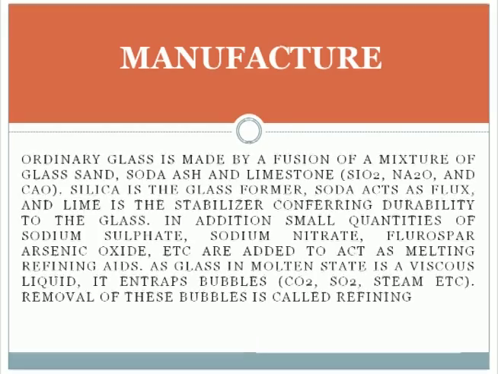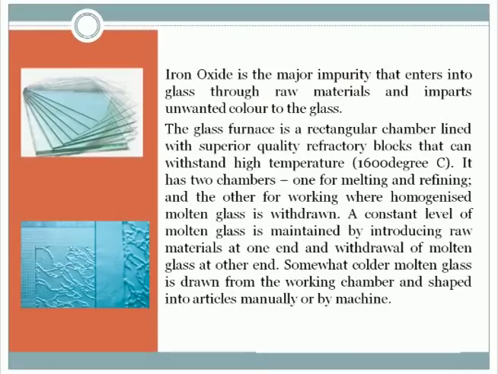Removal of these bubbles is called refining. Iron oxide is the major impurity that enters into glass through raw materials and imparts unwanted color to the glass. The glass furnace is a rectangular chamber lined with superior quality reflective blocks that can withstand high temperature, about 1600